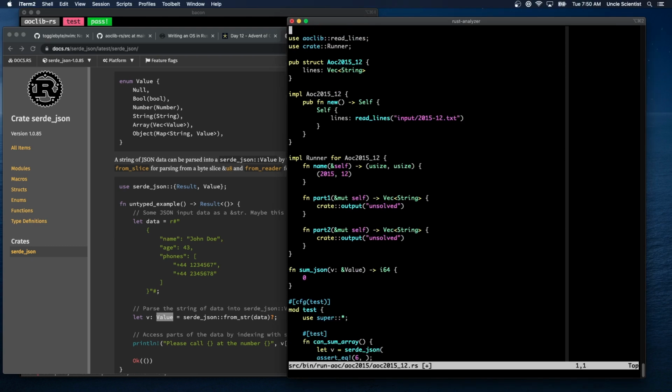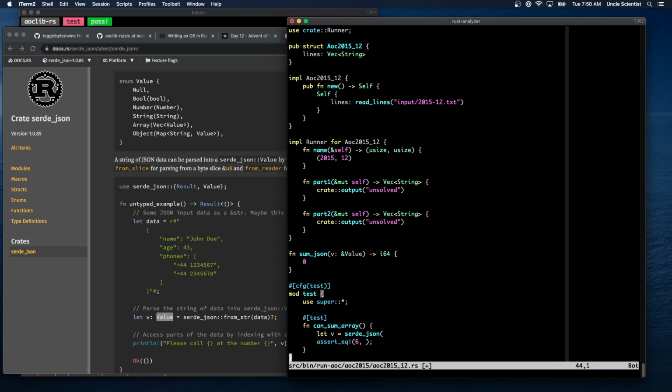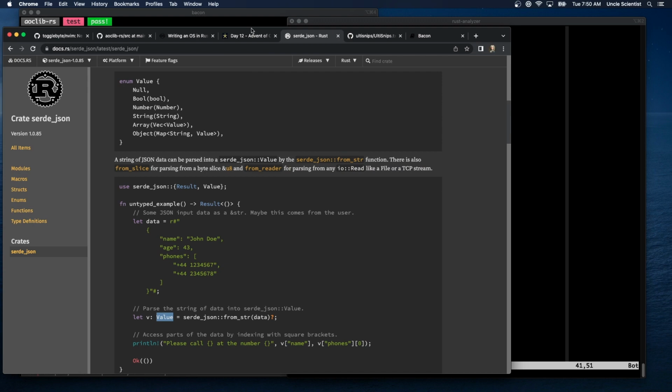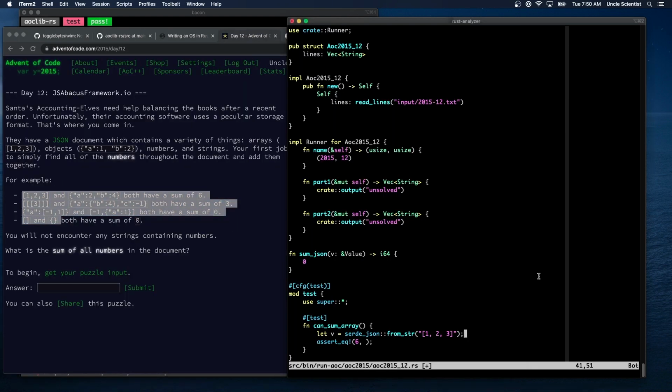So we have serde JSON. Use serde_json Result and Value. I'm just following this here. Result, Value. And then we just say from_str. From_str, and we can have a string of 1, 2, 3. Was that the first one? Is a sum of 6. Yeah, okay. And then this should fail because we don't have